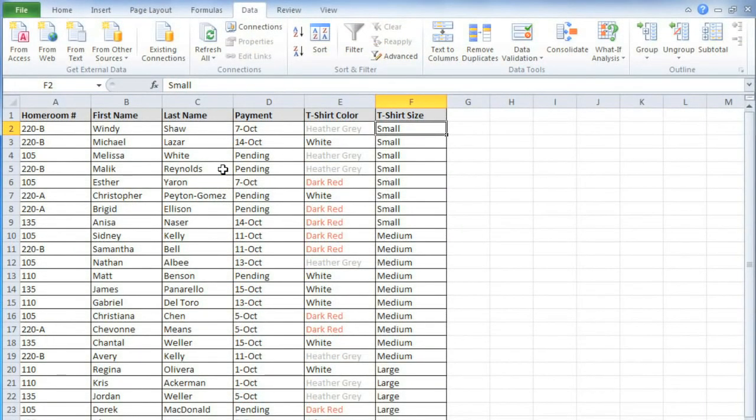If you want, you can create your own groups of either rows or columns. In this example, I don't really need to see people's names or the payment dates, so I'll select those columns